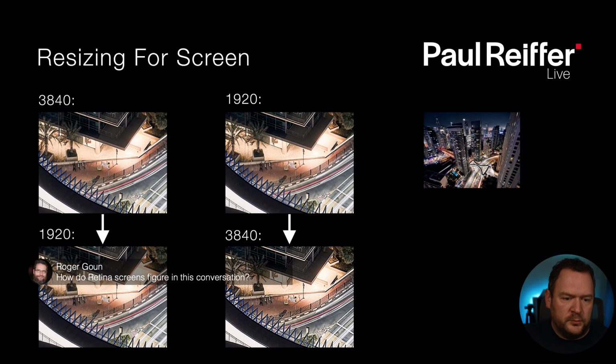Roger, good question. How do Retina screens figure in this conversation? Well, a Retina screen effectively is doing that all the time. So on a Retina screen, let's imagine you had a full HD Retina screen. So Retina is a thing that